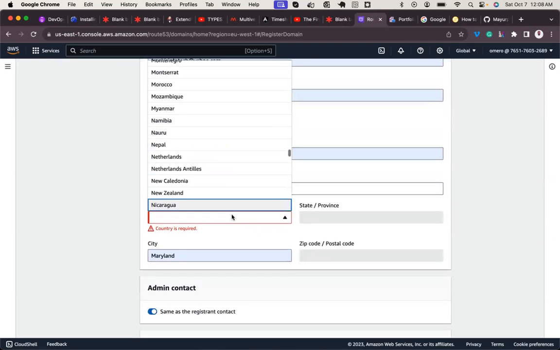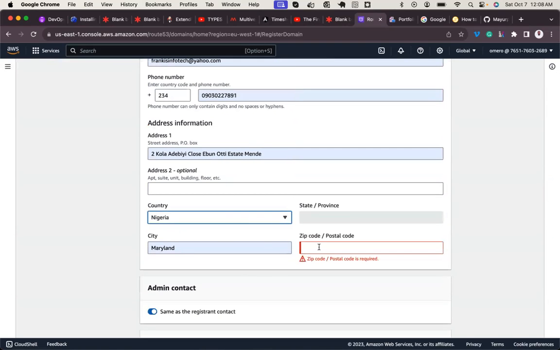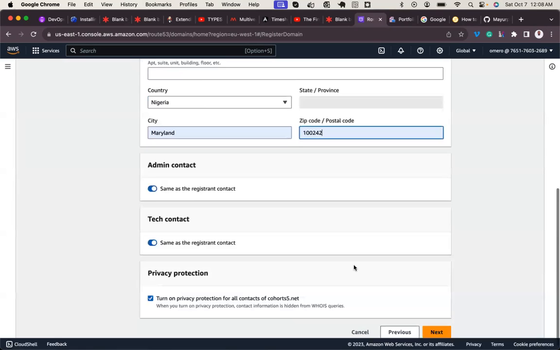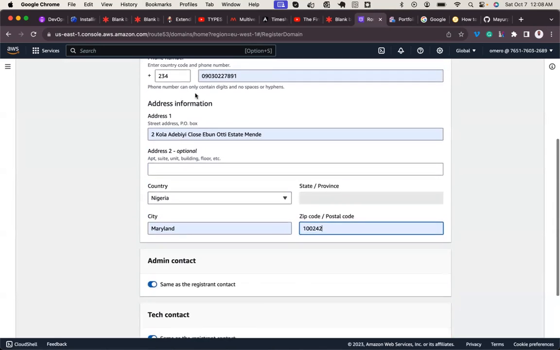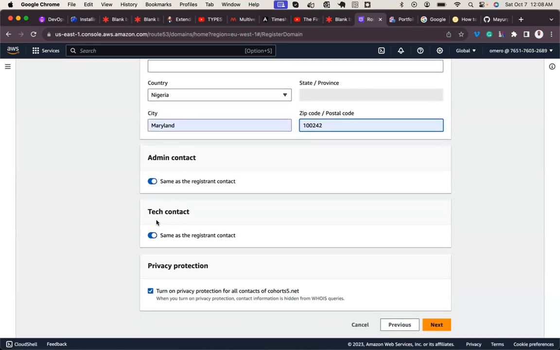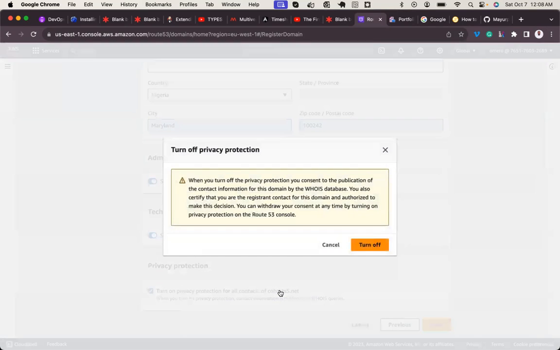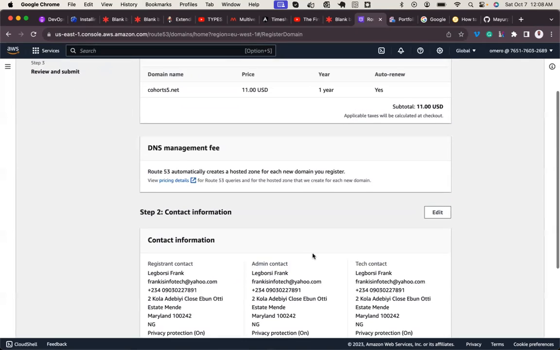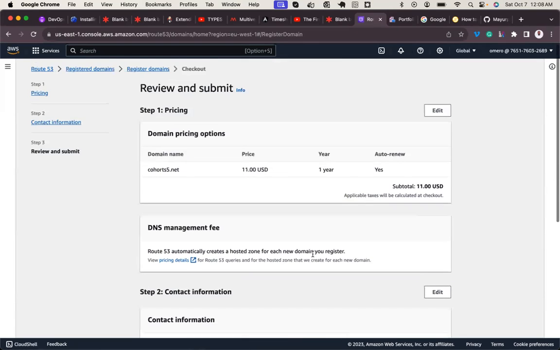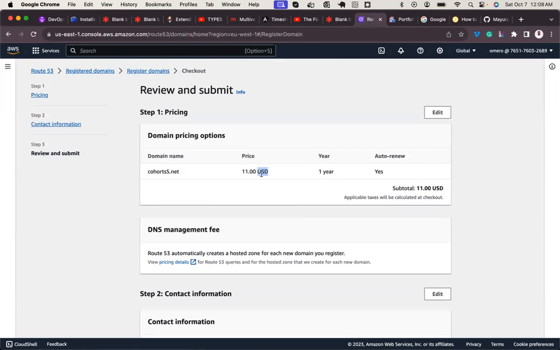My country, Nigeria, zip code 234. Then admin contact. Admin contact is same as the registrant's contact. Tech contact, same as above. Turn on privacy protection for all contacts of cohort5.net. That's okay. Click on next. Then if everything is okay by you, $11 you'll be charged